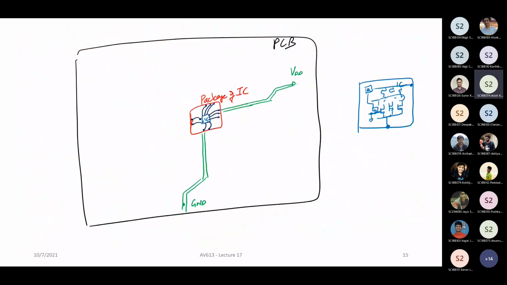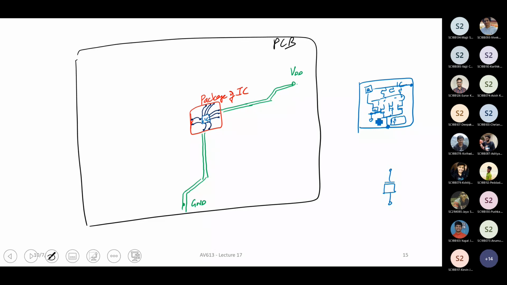This capacitance, okay. So when you say this capacitance, what happens is you are going to put some MOS capacitances here. This basically will be the MOS gate connected and the drain and source connected together. We have seen a MOS capacitor, right? So this is the MOS capacitor. That will be one terminal. The drain and source together will be another terminal. Now all this is going to sit in the vicinity of your actual circuit.